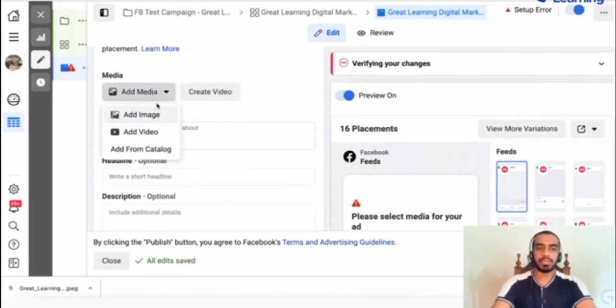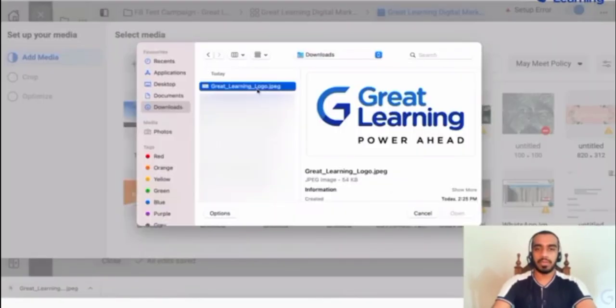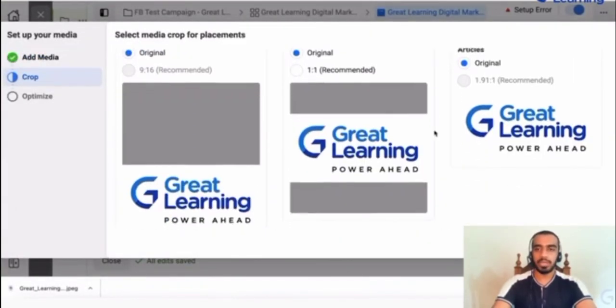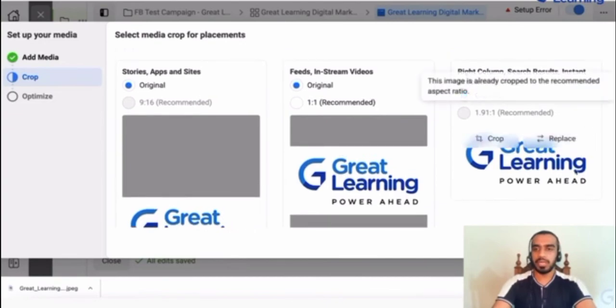And what I will do is I will add an image. So let's see if we can use this image. So this image sort of fits. So this is what